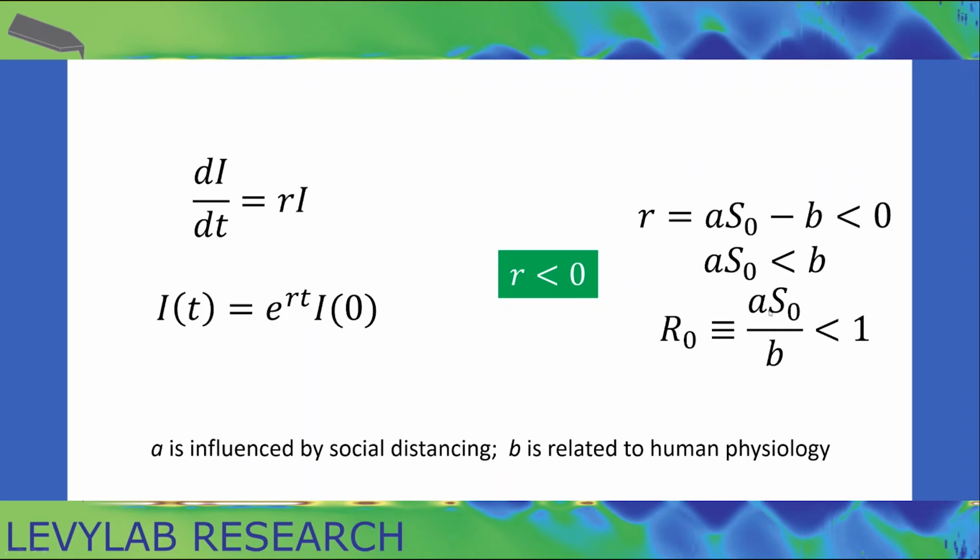These are going to be parameters which will be larger or smaller in your community. And then B is something that is really biological, and it's related to your ability to recover